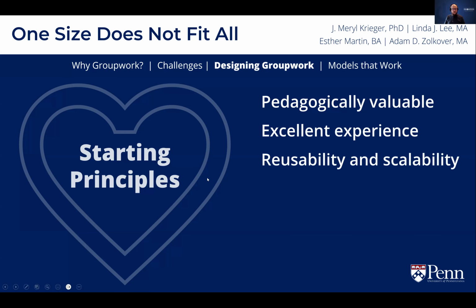No matter the decisions that you make about implementation, the first iteration of a group project will be resource intensive. And so you don't want to keep doing first iterations every time. Core design considerations should include how a model of group work can be reused, how it can be scaled, how the model can scale as the course scales, and you might consider how to do pilots with one section, with two sections, certainly not with 27 sections as we get toward a full-scale course.